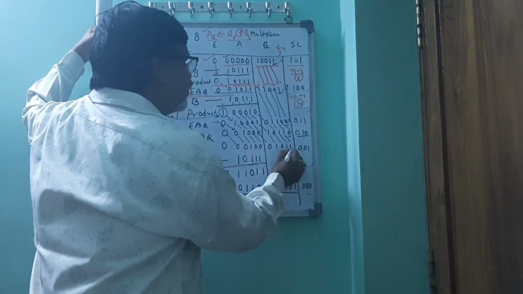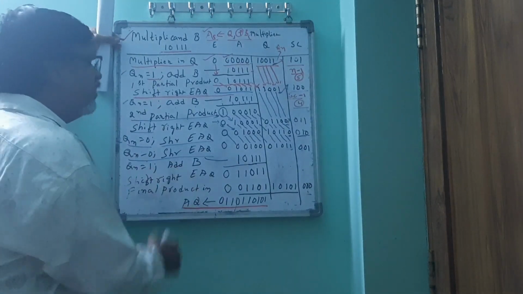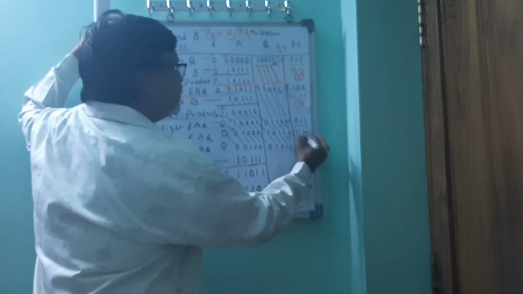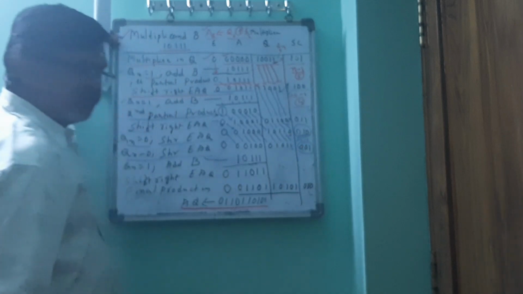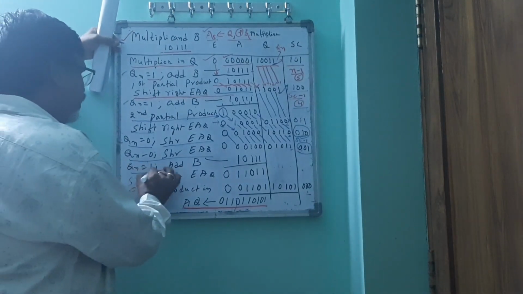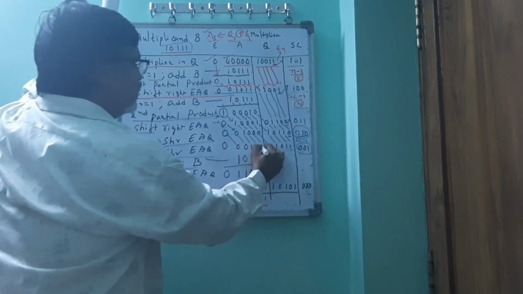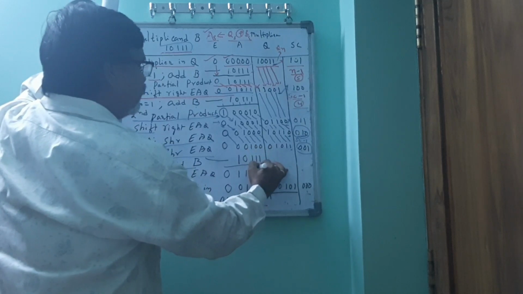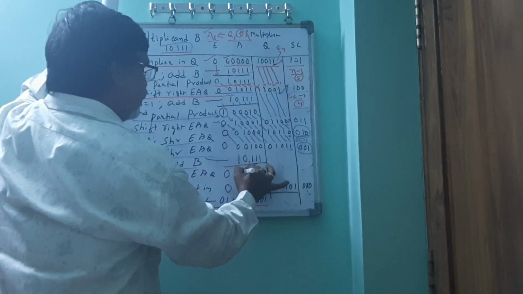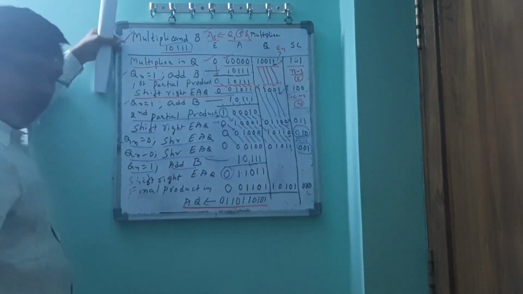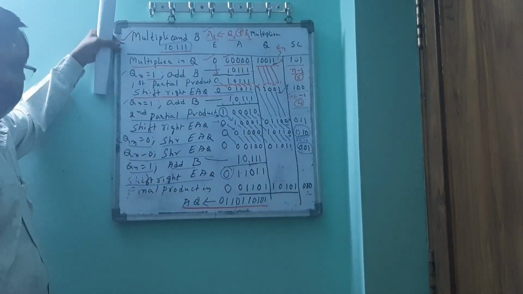Now here, what is the Qn value? You got 1. If the Qn value is 1, what do we have to do? We have to perform the addition. By that time, the SC value becomes 1 by decrementing SC minus 1. Since Qn = 1, we need to add B. So the B value is brought here, adding 0 plus 1, 1; 0 plus 1, 1; 1 plus 1, 1, 0; 0 plus 0 plus 1, 1; 0 plus 1, 1, and no end carry. After that, we need to perform the shift right EAQ.